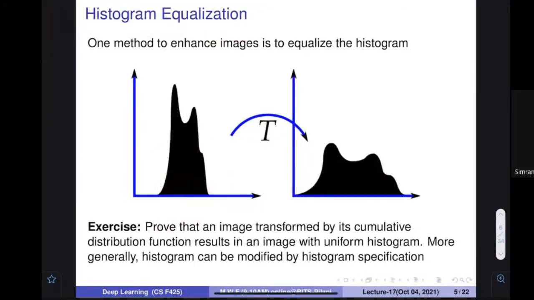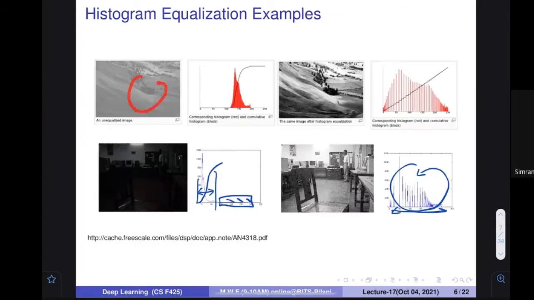In the last class we saw that, assuming there is an image and this is its histogram, we use this kind of ramp to enhance the contrast in this particular region. You get this image, which is much better than the previous one, providing better visualization and more details about the image.